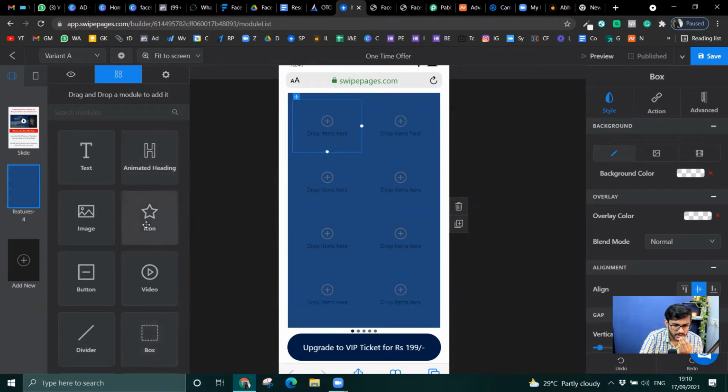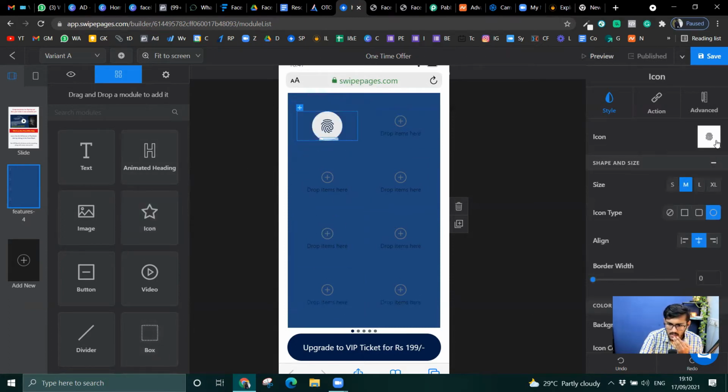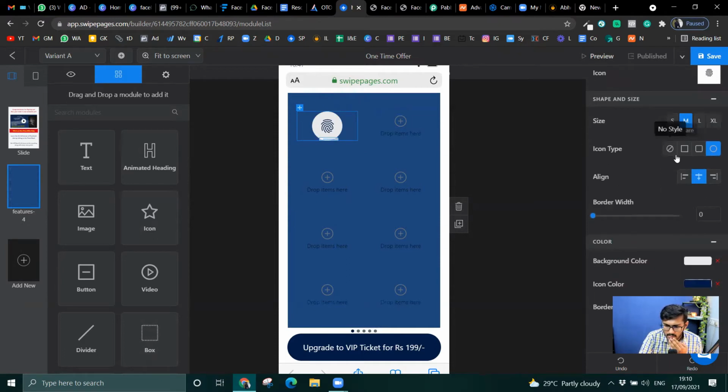Okay. Now let me try to add the icon, and I can type.